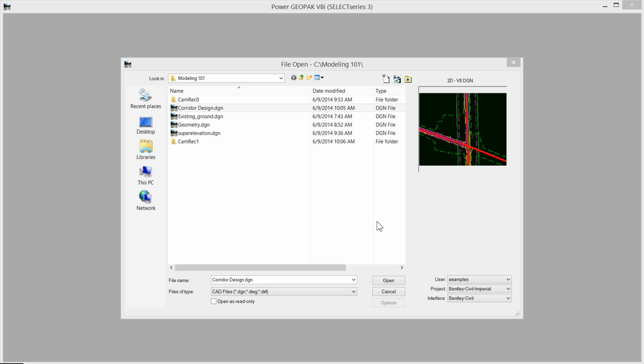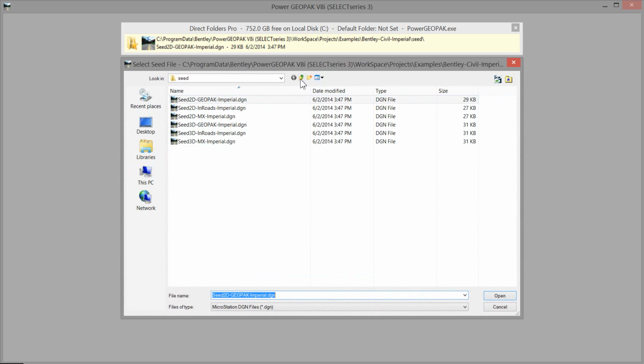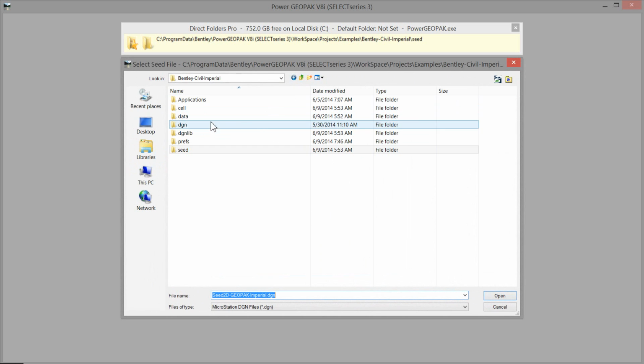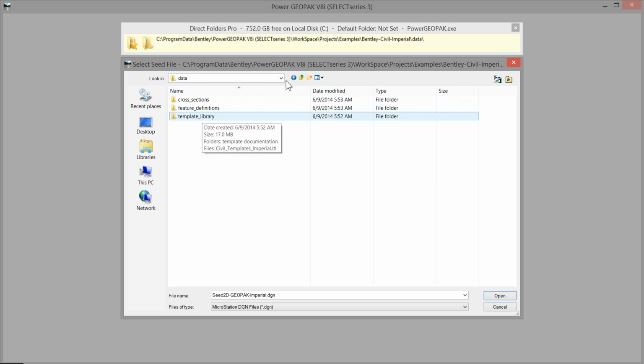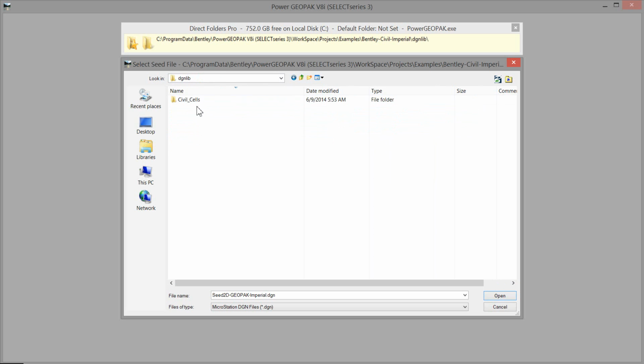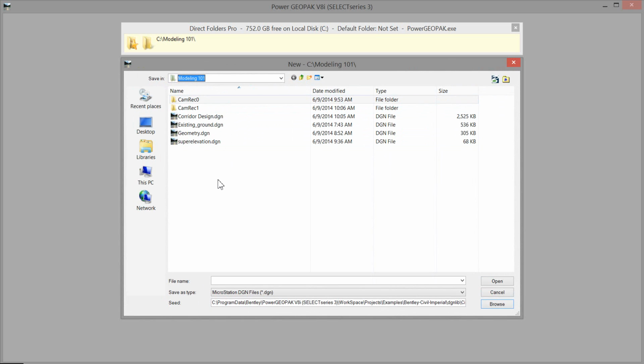And we actually have a seed file in the examples workspace, and I would recommend the same thing with the MoDOT workspace, and I'm going to show you why here in a minute. So I'm going to do a new file, and we'll browse here. And I think right now I've got the civil cell seed file located under data and dgnlib civil cells, and this is not released yet, so you're not going to see this in the released version of Power GEOPAK. I can get you these updates, but that's going to be the seed file we want to use,